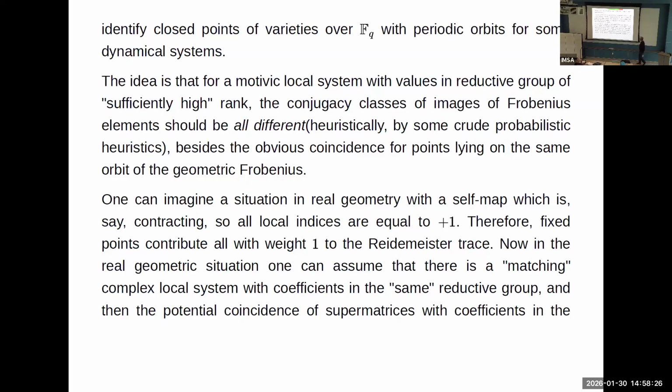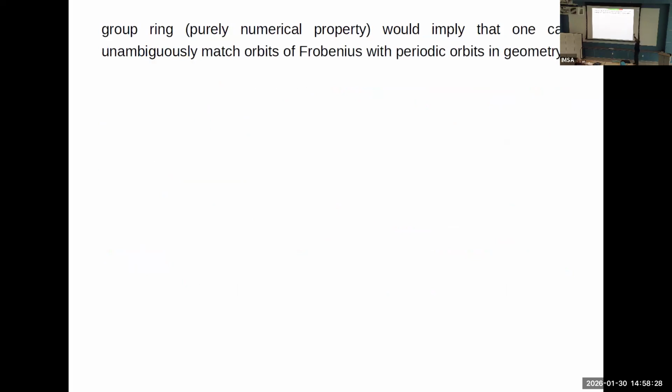So you get these numerical coincidences between some counting in geometry and a natural dynamical system, which gives you canonical identification of orbits,